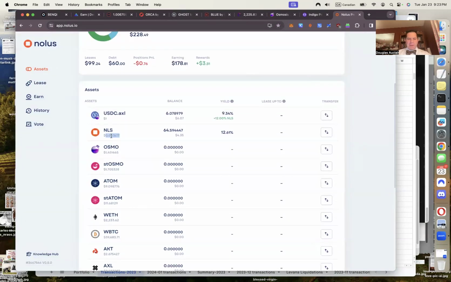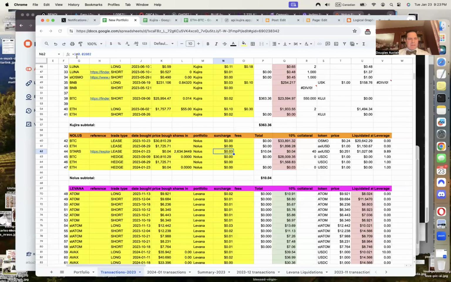Okay, so let me update my spreadsheet with the price of Nolus. And so my surcharge is currently nada. The price of USDC is $1 per. So I have $40 in total deployed. And so this spreadsheet now tells me that because I've deployed $40 worth to cover 2.6K worth of stars valued at 3.77 cents per, that means that I have approximately $100 worth of stars now